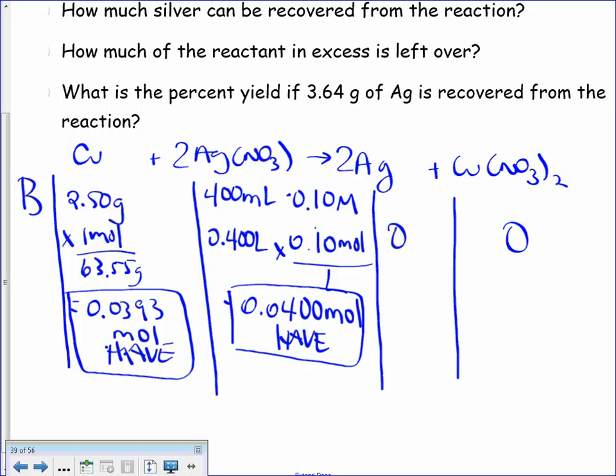It's going to run out first. So what she said was, say I have 0.0393 moles of the copper, and she's multiplying on paper 2 moles of silver nitrate to every 1 mole of copper, and that shows me that I need, like we just said,